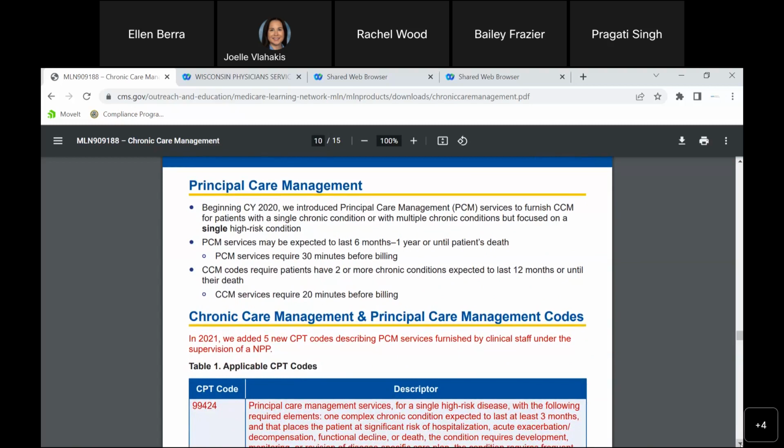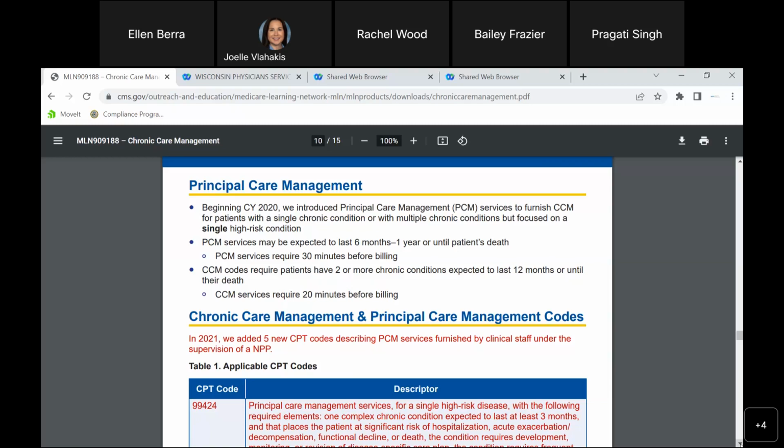Services are for when the chronic condition is expected to last. This says at least 6 months. It's actually at least 3 months to a year or until the patient's death. And so this is a way for either general practitioners or specialty offices to be part of this care management program and to, again, be concentrating on that patient's care in a proactive rather than a